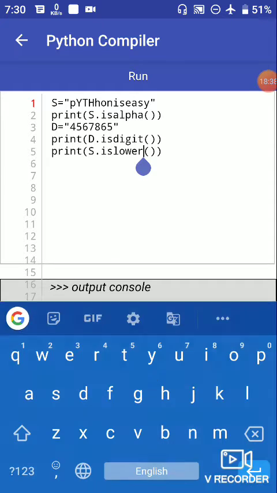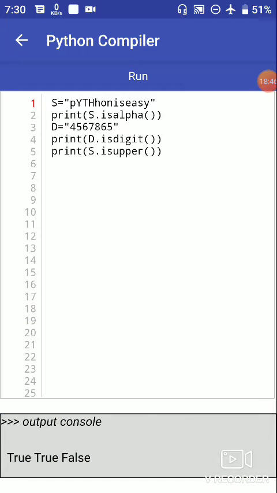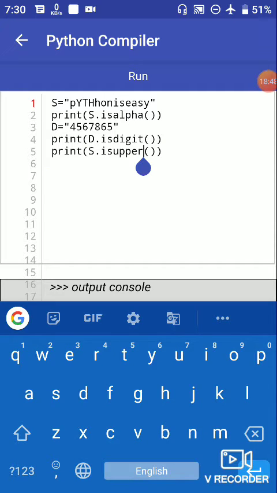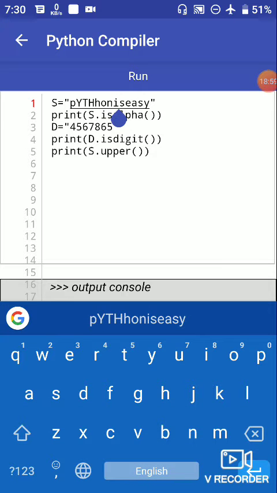Same as we use upper, it also gives false because the whole string is not uppercase, but if we use only the upper function, it will give us the string in uppercase letters. "PYTHON IS EASY". Let's do some spaces.